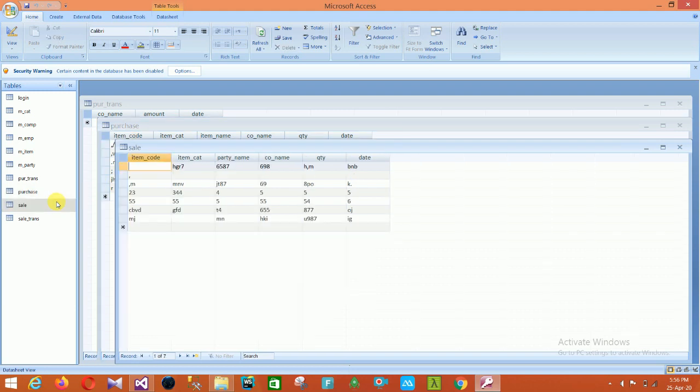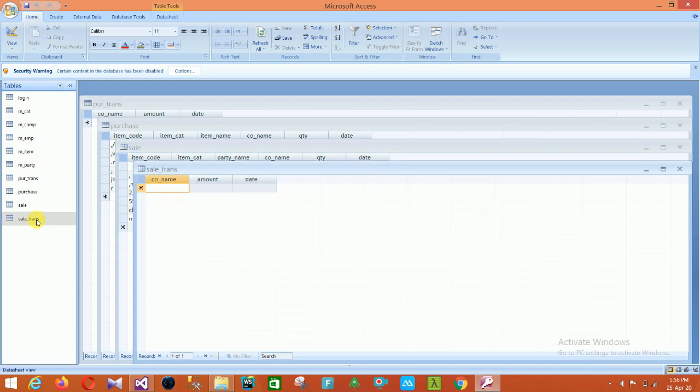Then the sales form is here. In the sales transaction, this is our database design. Okay, then I close this file.